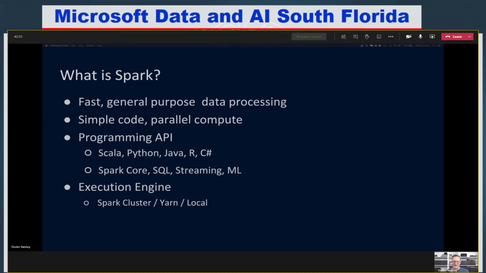So we're talking about what is Apache Spark. It's general purpose data processing that can work with big data. It allows us to write simple code and do parallel compute on a cluster. So we're doing distributed computing with a relatively simple API once you get the hang of it, of course. We can do this in quite a few languages. Scala and Python have been the go-to languages for writing Spark code. I typically am in one of those two languages when writing Spark code, but Java and C# and R all have support. Java's definitely been around a lot longer than these others, but all of them have been making progress and getting used more heavily.